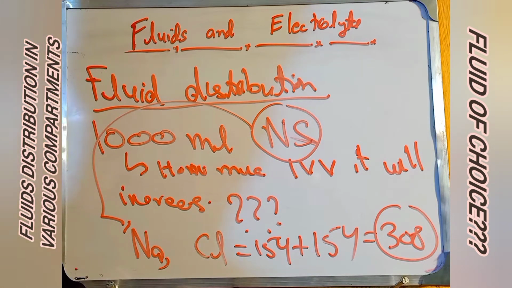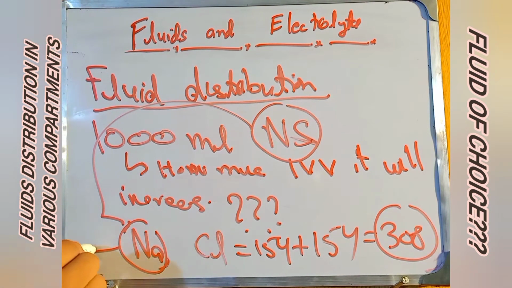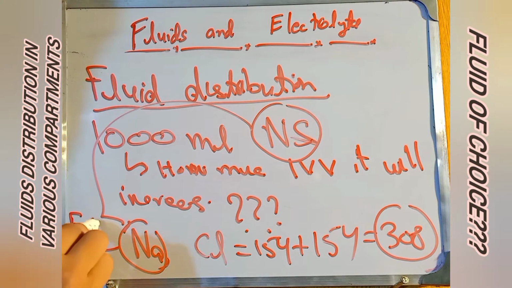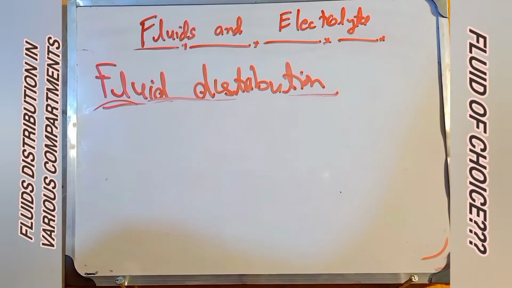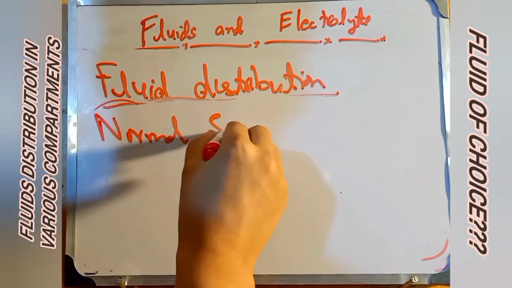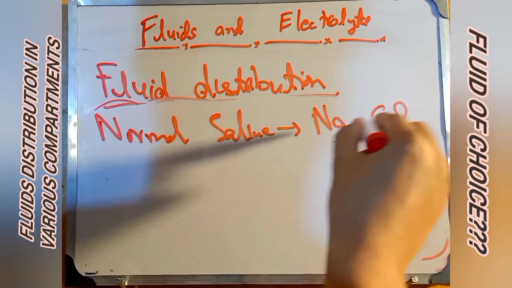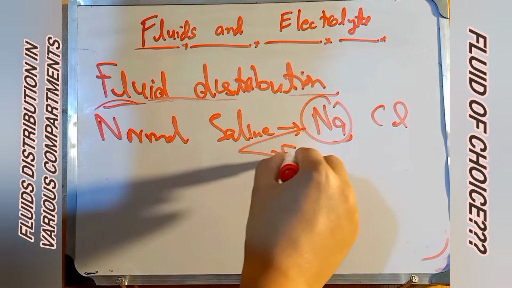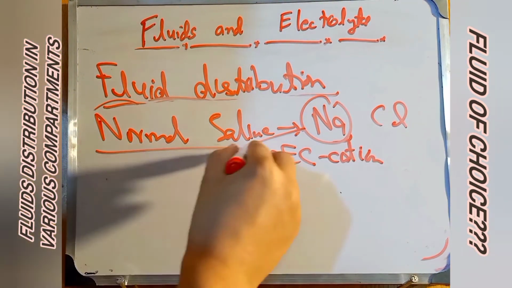So basically sodium is the extracellular cation. So sodium chloride, definitely in normal saline, will be distributed into the extracellular fluid, and according to the fluid distribution criteria of 2/3 and 1/3, we will divide the normal saline into two categories: 2/3 will be distributed into the interstitium and 1/3 will go into the